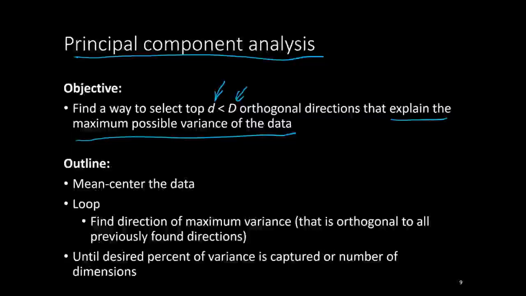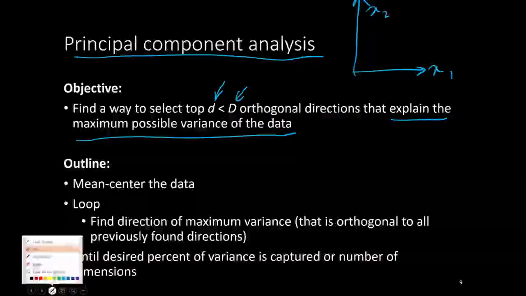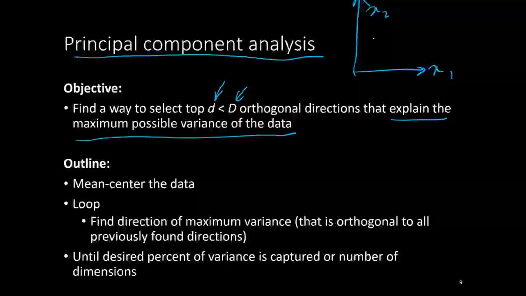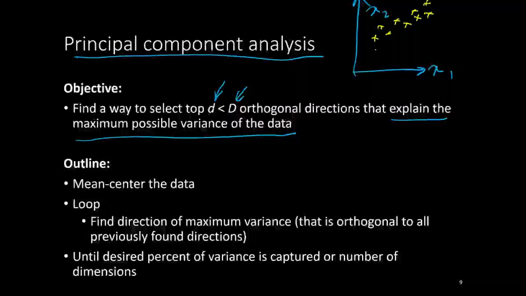So let's visualize this a bit. Let's say we have two variables x1 and x2, and in this space the data lies along one line, or almost along one line. It lies along one line, but there are some deviations from that line. So now if I find this as one direction, there is an orthogonal direction which I might be able to ignore, right? So I want to find the direction in which the variance is the maximum, because that way I will capture the maximum variance in the total data.